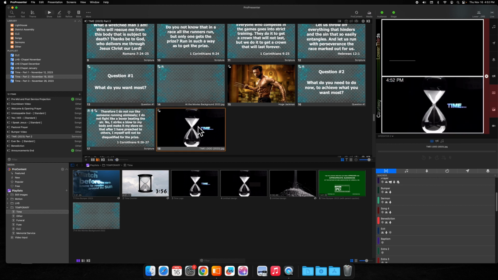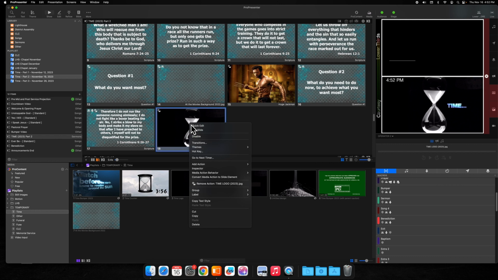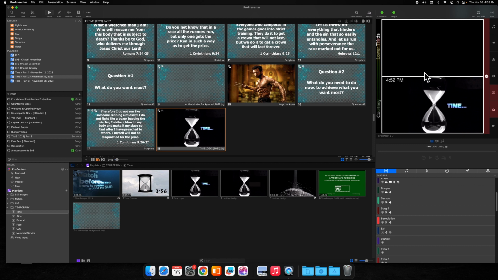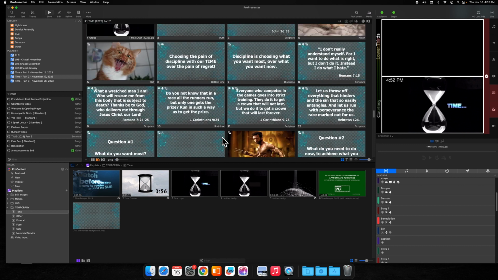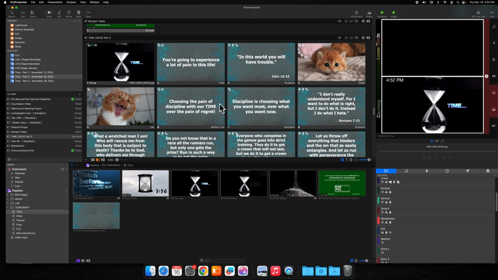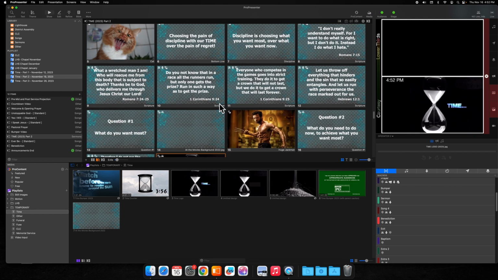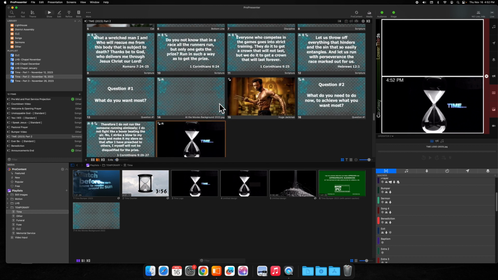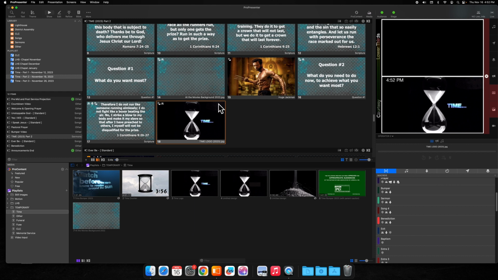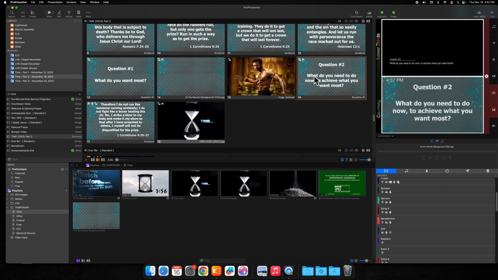And then the very last slide, we've got that line there. And so we want to get rid of it. So you right click on it, add action, audience look, no lower thirds. And that's taken it away. So we ran into most of the issues that you would run into while prepping up the slides for the sermon. There are some cases where, and I'll